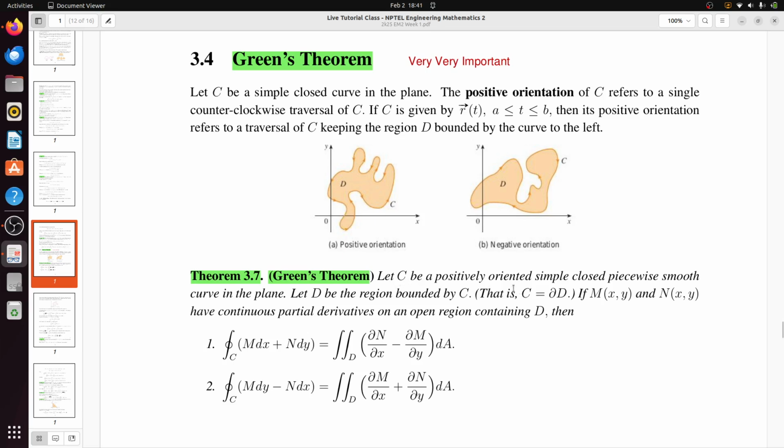Let C be a positively oriented simple closed piecewise smooth curve in the plane. Let D be the region bounded by C, that is, C is actually the boundary of D, ∂D. And if you have M(x,y) and N(x,y) with continuous partial derivatives in an open region containing D,